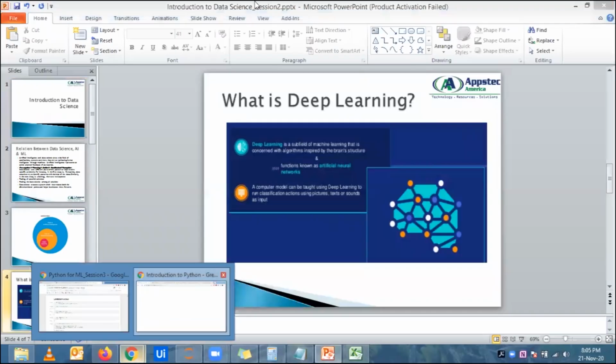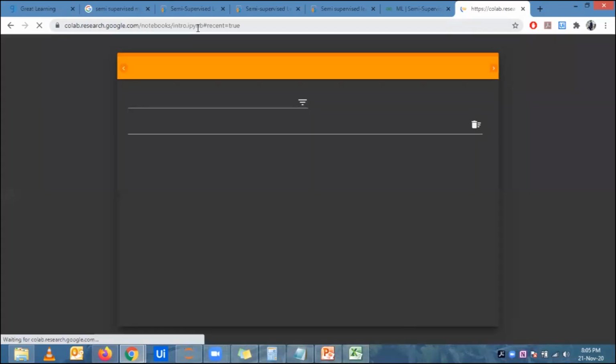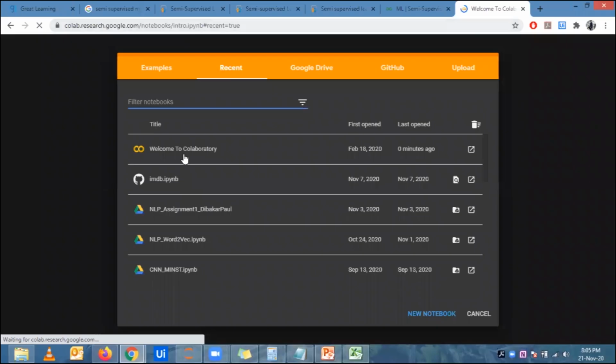Let me just quickly show you one thing. I'm not sure if I have this open. Okay. If I go to Google Colab, Colab is a deep learning platform which is given free by Microsoft, my bad, by Google. Whenever you open anything in Google Colab, this is how it looks. Let me open this exercise. I'll show you. It's a deep learning exercise that was done.